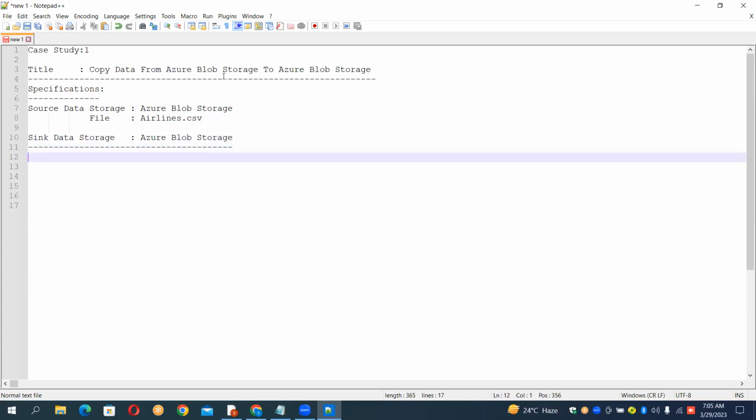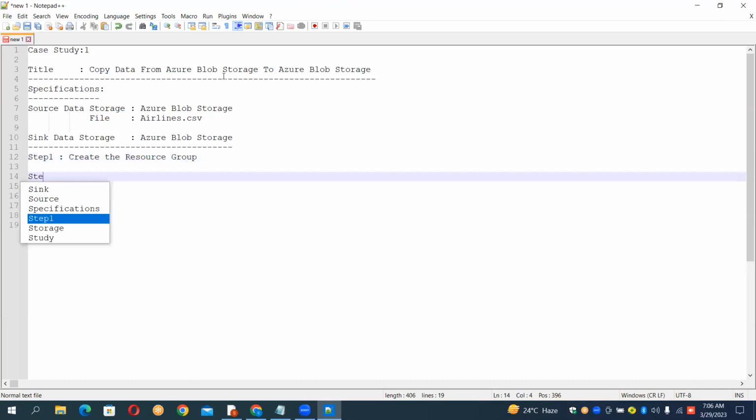So, the step one. I'm writing it. Step one is, everyone, create the resource group. Create the resource group. Okay. The step two,